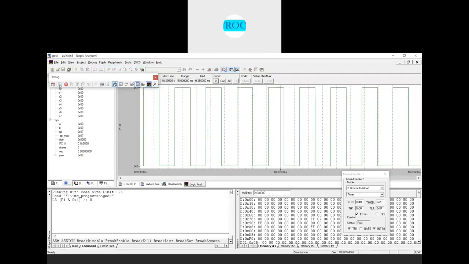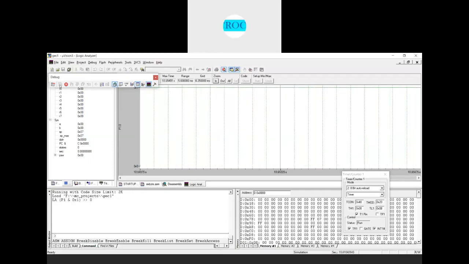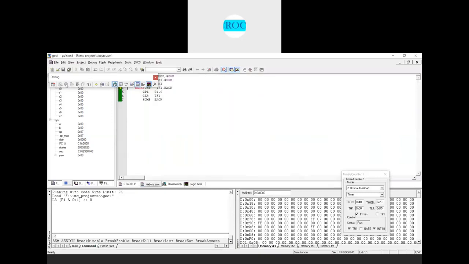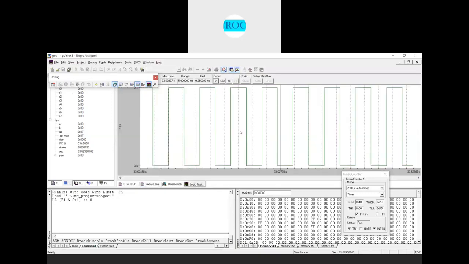The waveform is generating and it is continuously running here. So what is the frequency which is generated here? What we have is 1.786 kilohertz, so it is 1.786 or about 1.8 kilohertz. And what is the time delay we have? 0.5598, right? So this is what we got here.